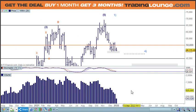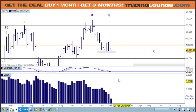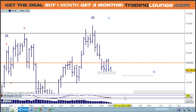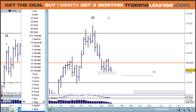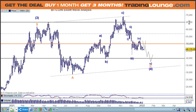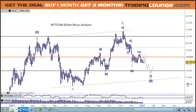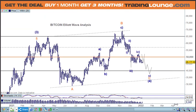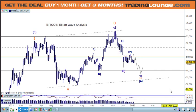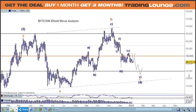So just be mindful of that scenario. So all of that said and done, the preferred count to the downside will be this one. Maybe I've got the right one here, because yesterday I showed a few different counts for all of this, and it's kind of good to have a look at all the possibilities, and then you can start sort of eliminating them one by one,